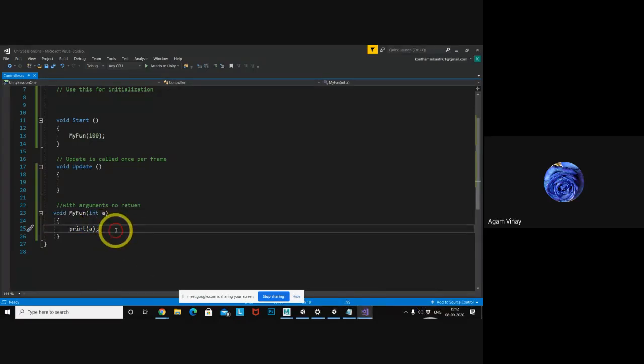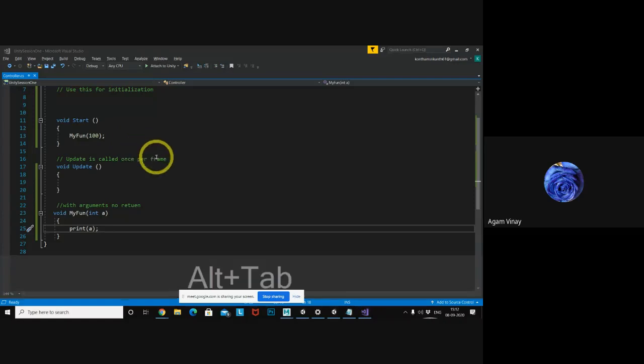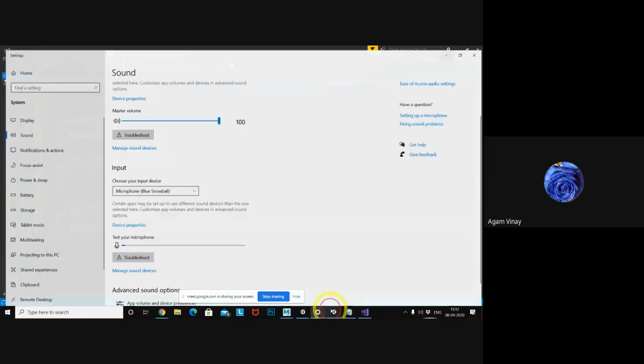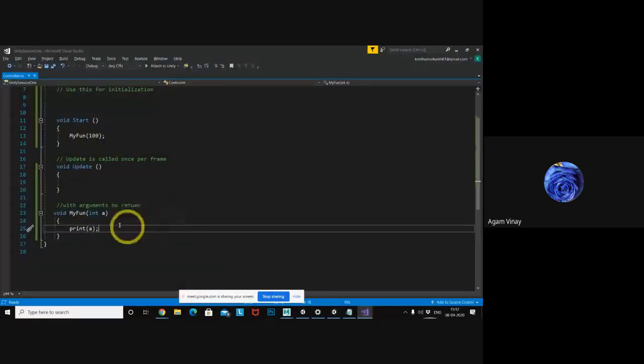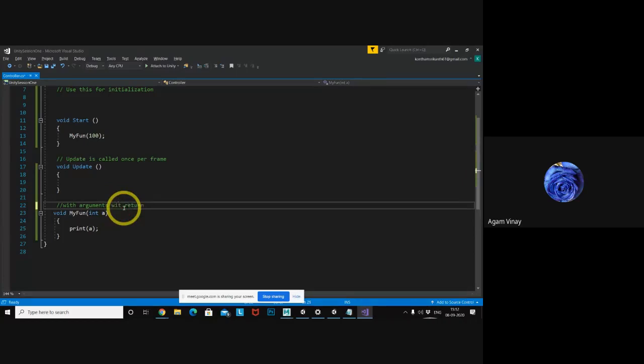Okay. Now the other function I want to explain to you, the function with a return type. With arguments, it was no return type, right? So now I want a return type.